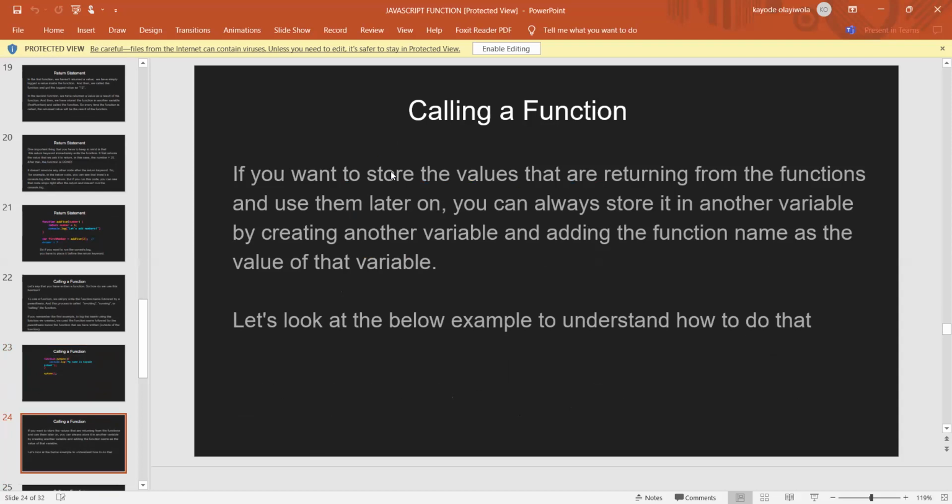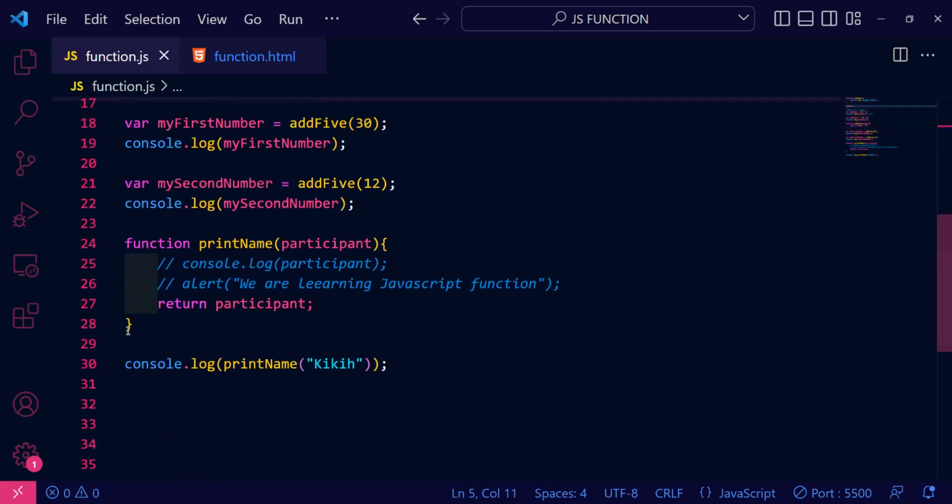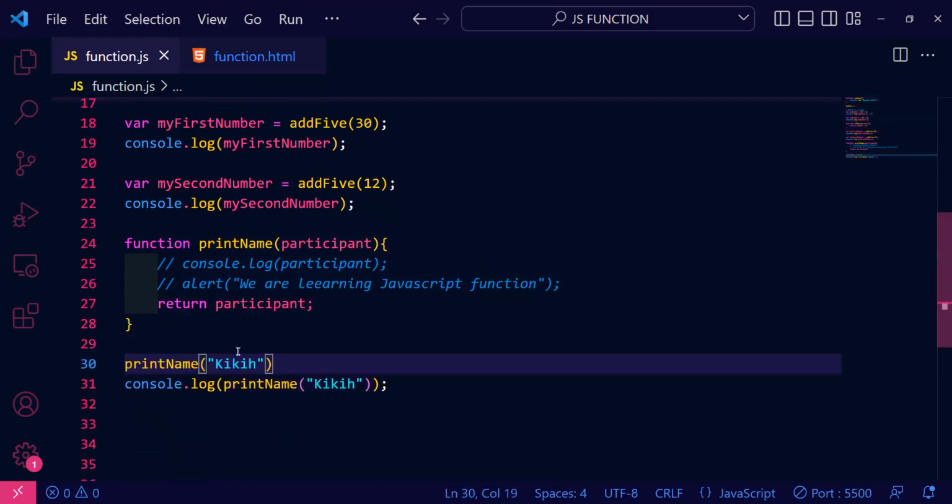So if you want to store the values that are returning from the functions and use them later on, you can always store it in another variable by creating another variable and adding the function name as the value of that variable. This is very simple. I've just done that also in my VS Code, where they return a statement here, participants. So I now want to print this name here. So I can store this print name as a variable